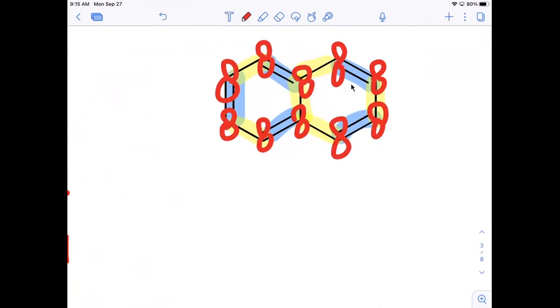Everywhere there's a pi bond, the two carbons involved in that pi bond both have p orbitals, because the pi bond is made up of two unhybridized p orbitals overlapping with one another. So this is also fully conjugated,